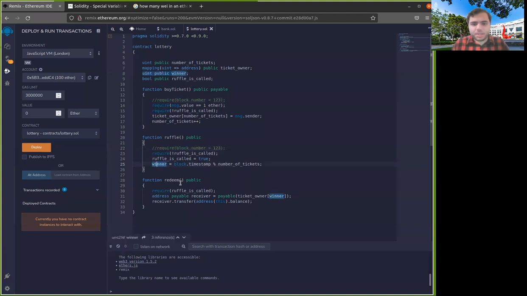I'm going to comment it out because I'm going to run this here in my virtual machine, and the block numbers don't make much sense here. But you get the idea. So I want to make sure that this function is called before this one, and maybe I don't want to just let people call this one at any time. So I can be more specific and say this function can be called before a particular time.